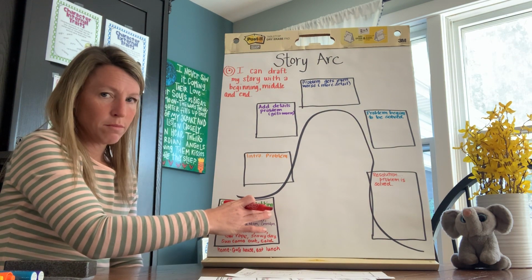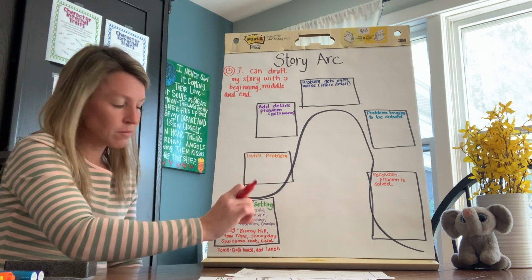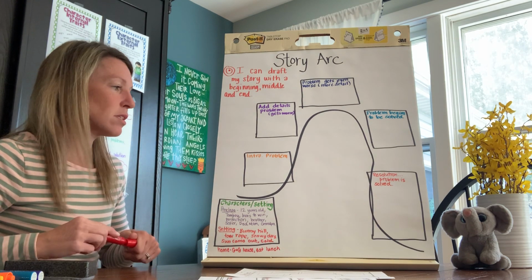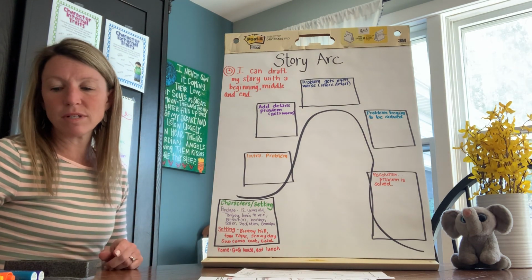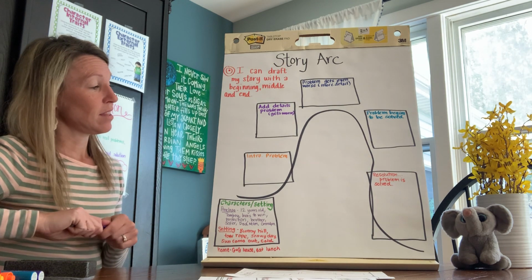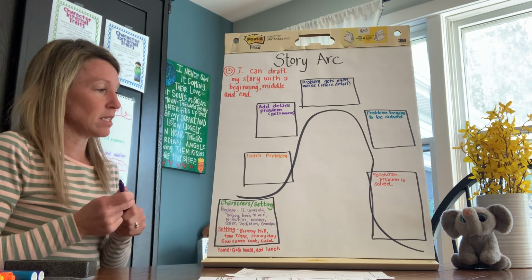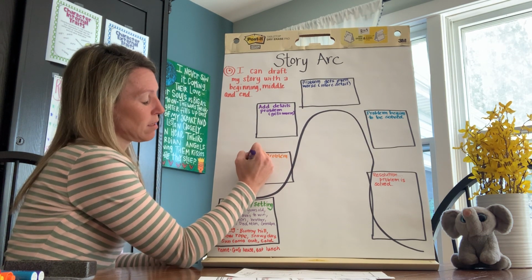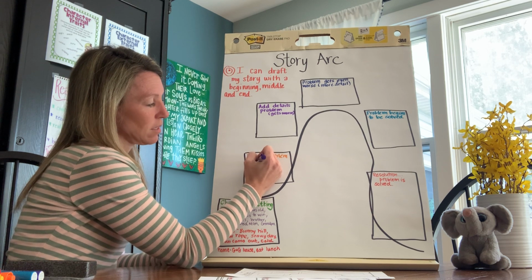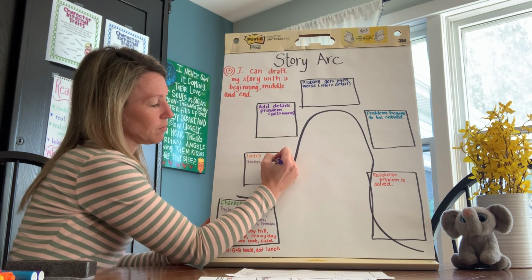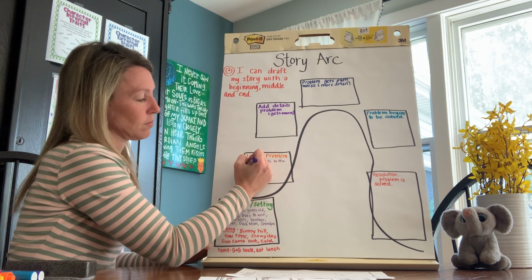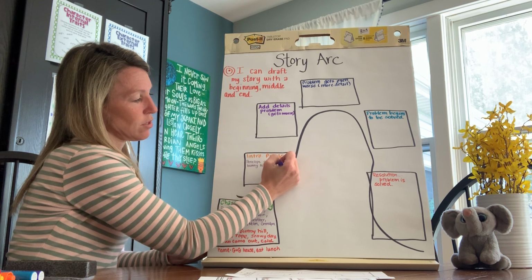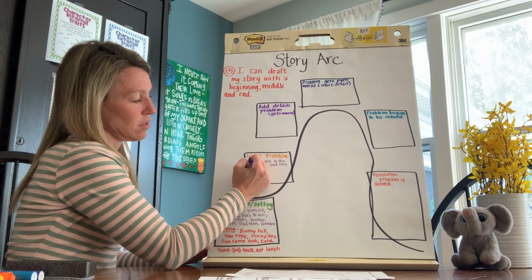So we have the characters, we're introducing them, and then we have the setting. Now I'm going to go up and introduce the problem. Now, what did I say the problem was going to be? That Penelope realizes snowboarding isn't that easy. So to start, Penelope gets to the bunny hill and tries to walk